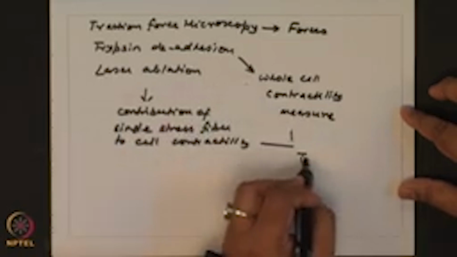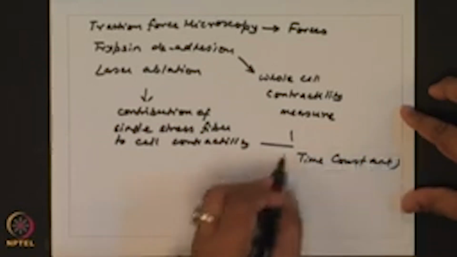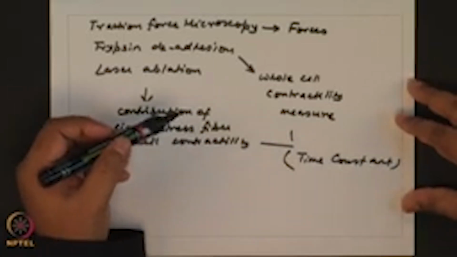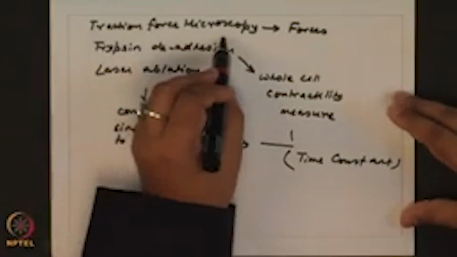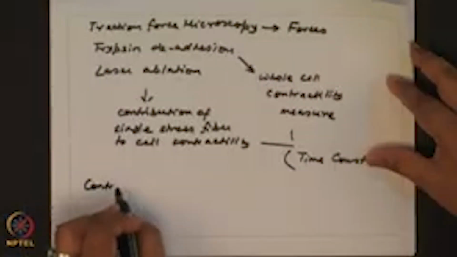In both the other two techniques you measure something called a time constant of relaxation. This is an indirect measure of contractility, while traction force microscopy gives us forces exerted by cells at distinct focal adhesions. Now, if we talk about contractility,